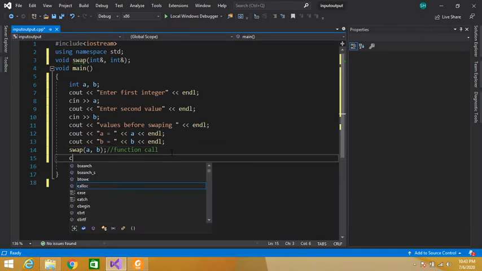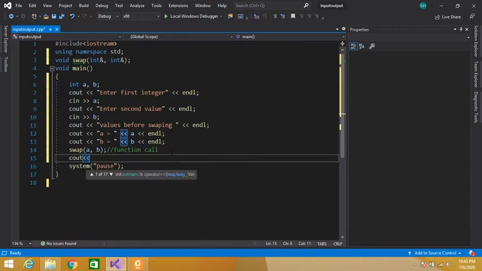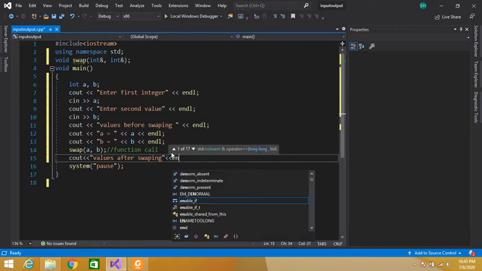So here we will display values after swapping, end of line.